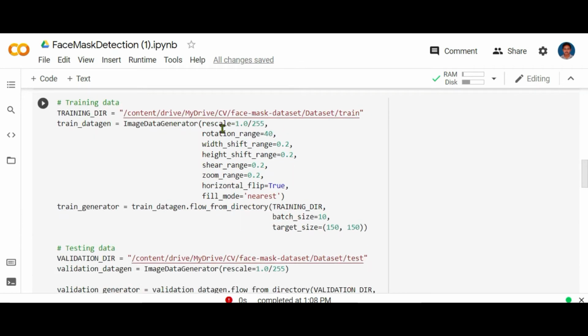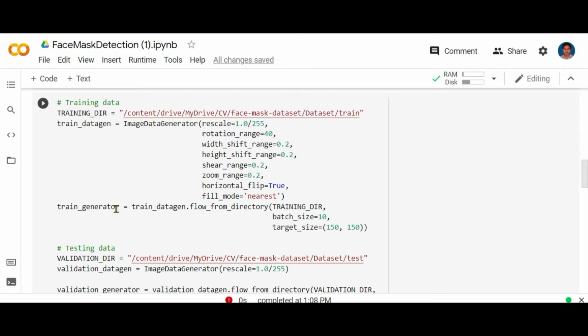Now let's initialize the training dataset and testing dataset. I have created a variable named training dir and initialized the path of the training dataset. And here I have used the image data generator, which is used to produce new images, and a variety of images can be produced. I have rescaled the value of 255 to within the range of 0 to 1, and I have set the rotation range as 40 degrees. And these are all the other features which actually create the new images in different formats.